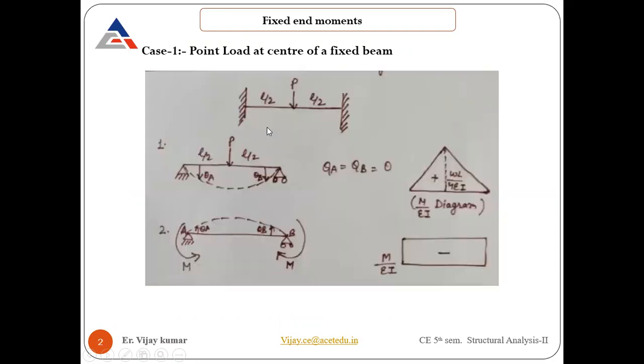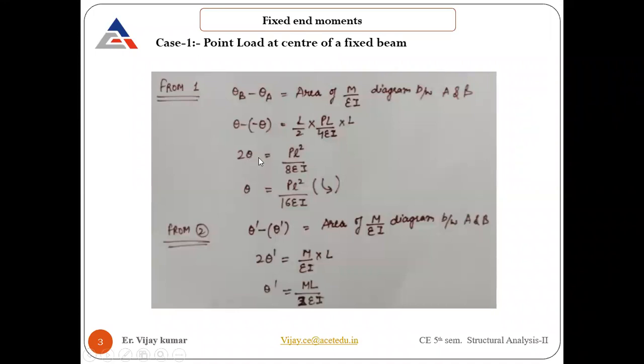If you see, one direction we need to verify here: one is in this direction, the other is in the opposite direction. So we are taking theta b minus theta a. One is positive, the other will be negative. According to their rotation, we need to put the sign convention. You can consider anti-clockwise as positive, or you can consider clockwise to be positive as well. Depending upon that, one will be negative, and the other will automatically come out to be positive.